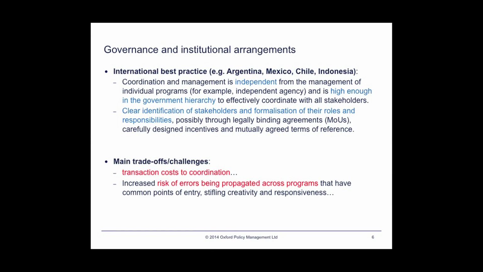There are some trade-offs, of course, and some of this is around the transaction cost of coordination. As probably a lot of you who are involved in the policy level side of things know, it just takes a lot of time, a lot of effort, a lot of convincing, a lot of meetings, so big transaction costs. You'll probably have one or two staff within your unit that are almost doing this full time, especially in the initial stages. So there can be frustrations there. And there are some risks of errors being propagated with this centralized approach, having this strong hierarchical approach.